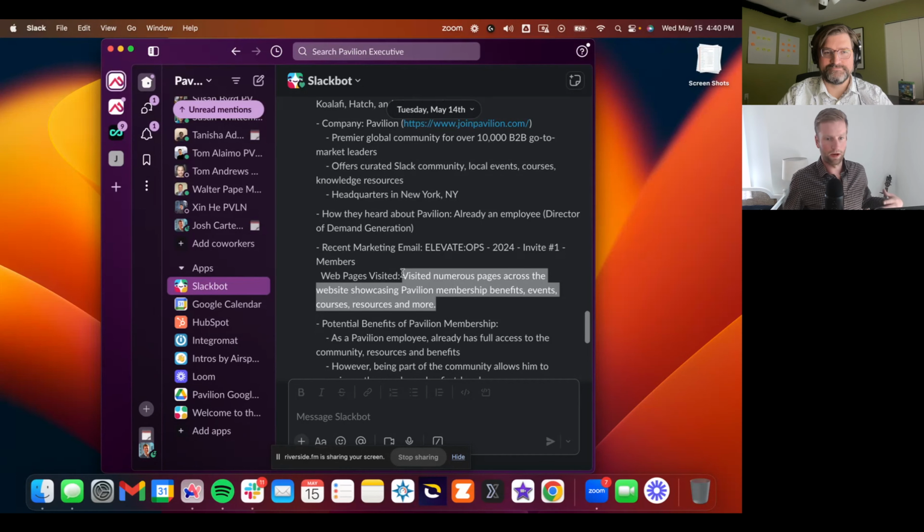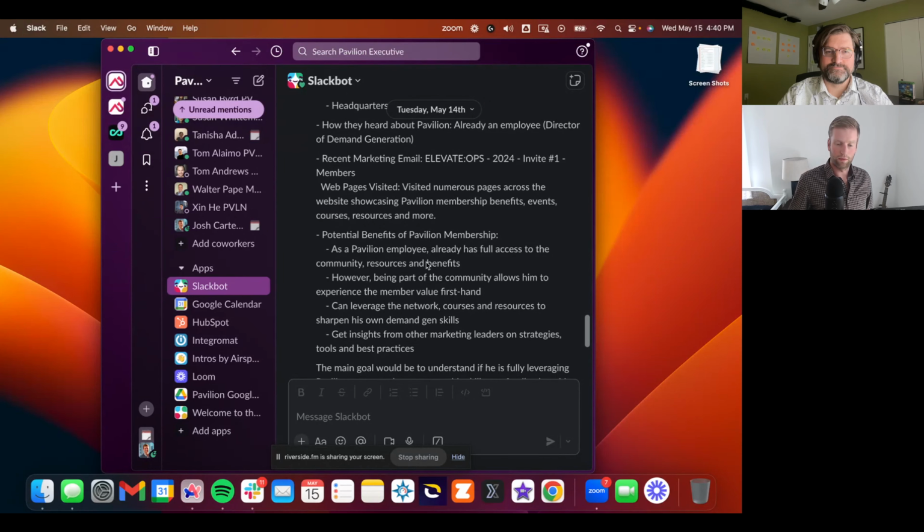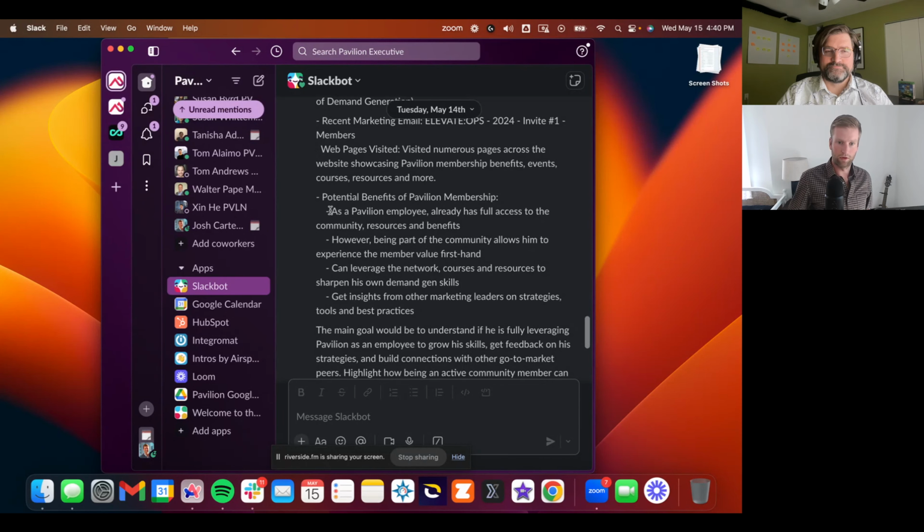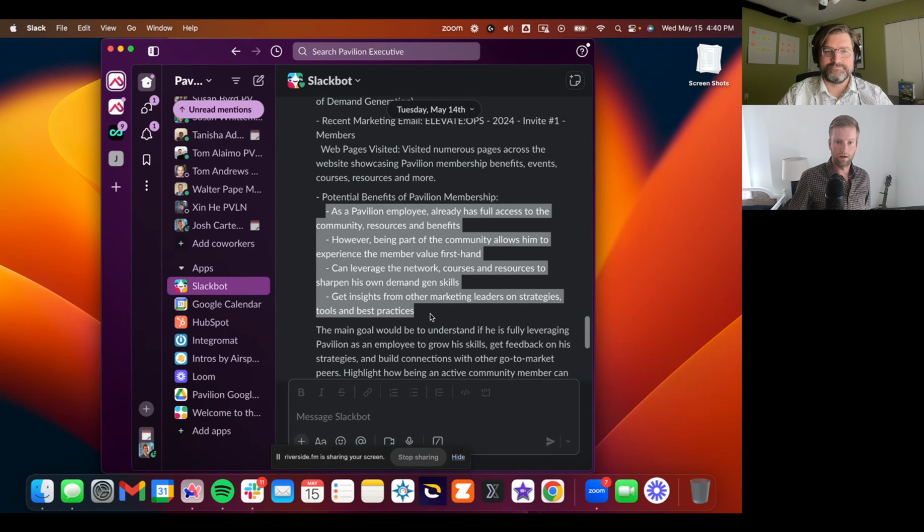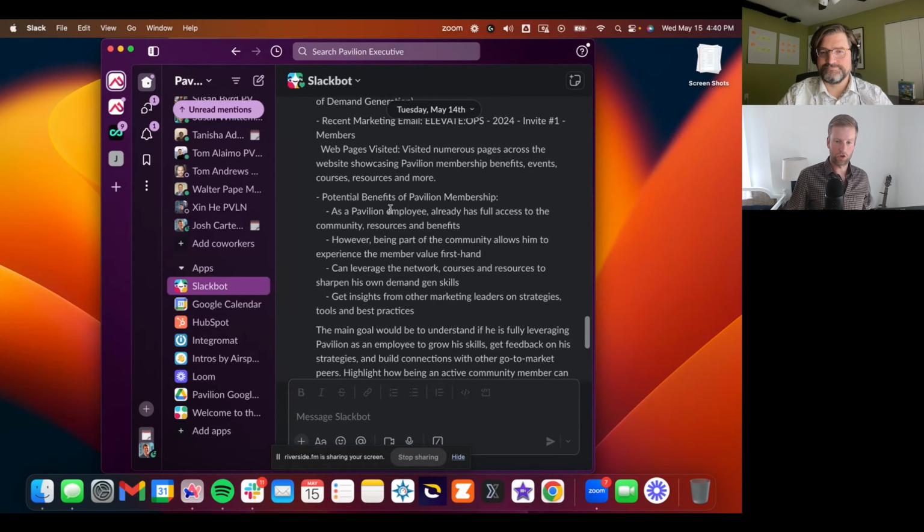So it really helps the rep get a holistic understanding of everything that that prospect did before jumping on a call with the rep. It's really effective at just giving that holistic view. And then of course that last piece here, potential benefits of joining Pavilion. So if you're running meetings, if you're running demos, this use case is really effective,